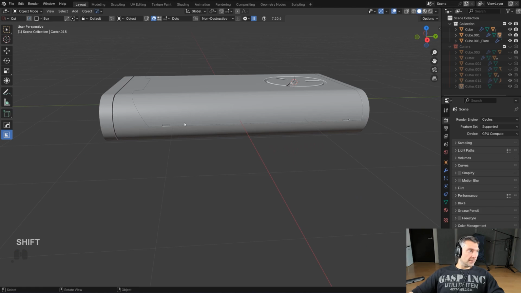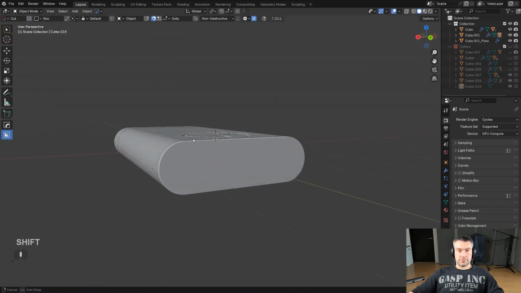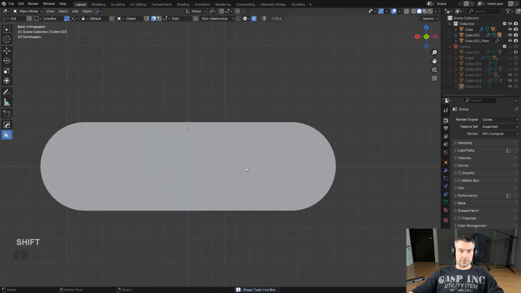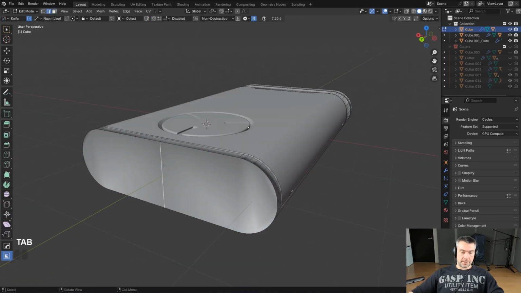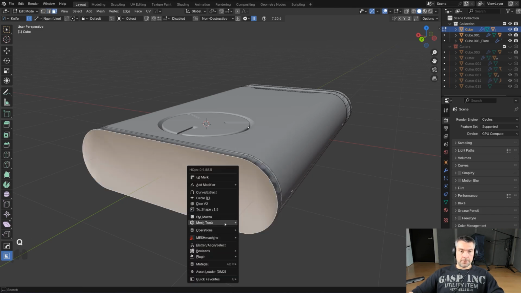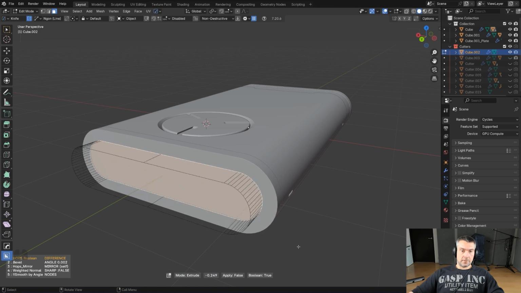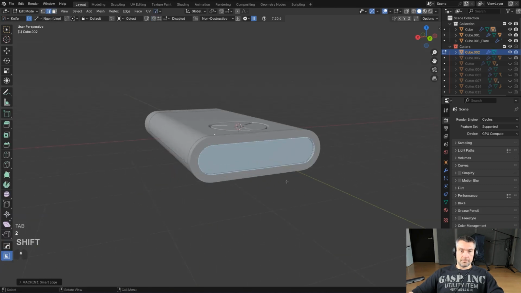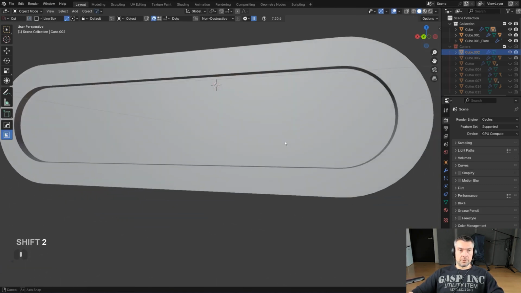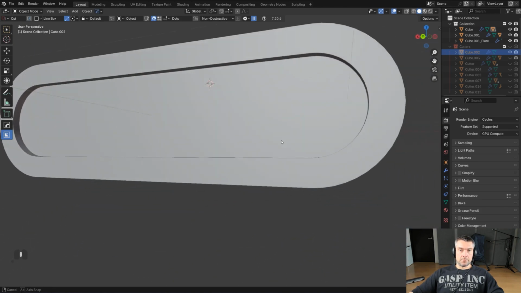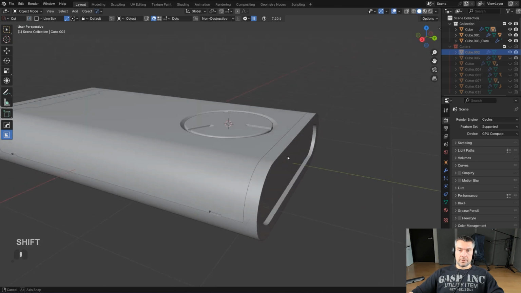And the rest, honestly, can be done with decals. We could still do something here in the back. For instance, we could grab this face. In fact, we can remove this edge here, so X and dissolve. Grab this entire face, go to Q, go to mesh tools and selection boolean, scale it in, maybe scale it in more than the other one, and I don't want to push it so deep. Maybe something like this would do, right? And then we have kind of an interesting sort of a back here